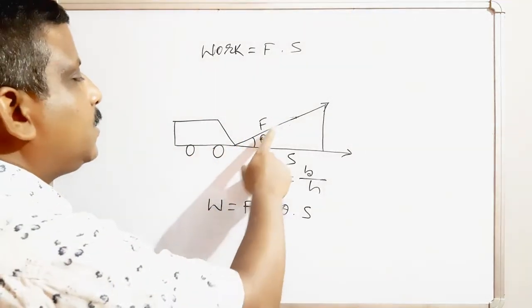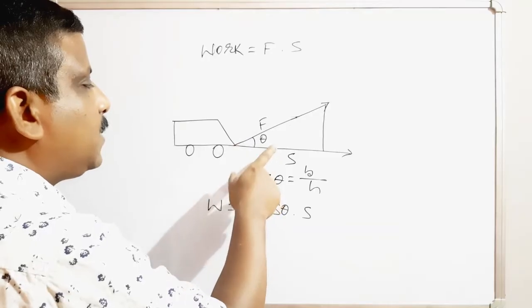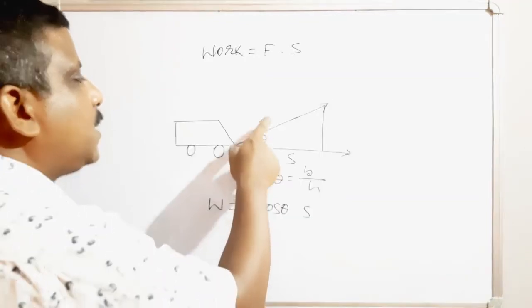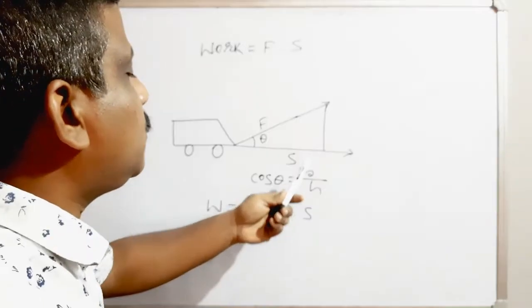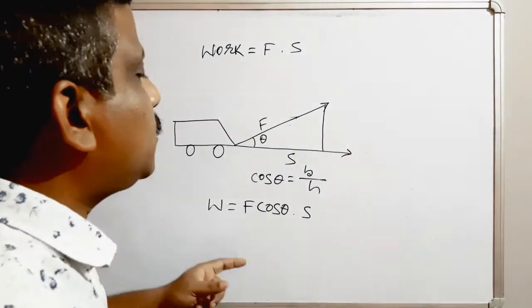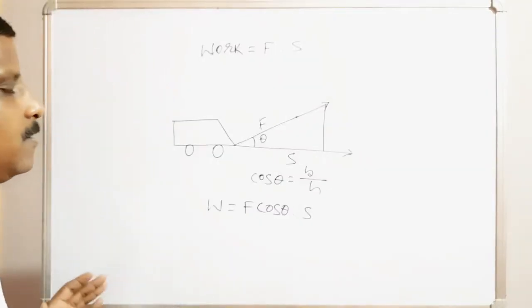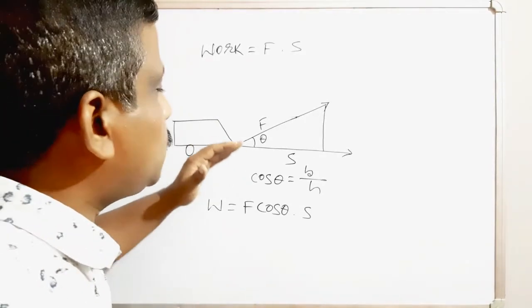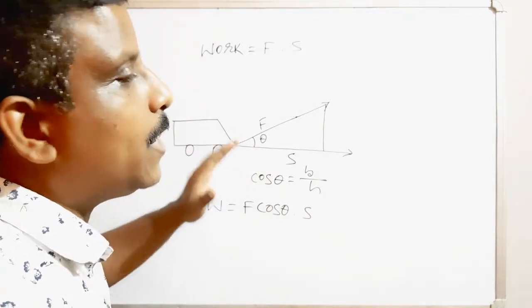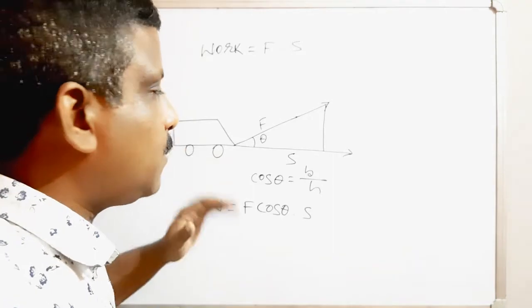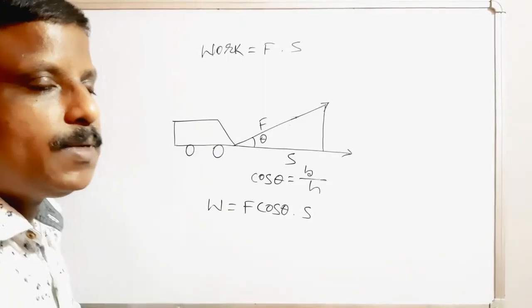So that angle is forming a right angle triangle. That angle theta is related to force and displacement as, in a right angle triangle, base and hypotenuse. So in trigonometric ratio, cos theta is equal to base by hypotenuse. So work done here, the formula will be F cos theta into S. So this is the formula to find work. So how much work is done depends upon the angle theta. According to how much the angle theta is, the work is done. So I am now explaining when work done is maximum or when work done is 0.